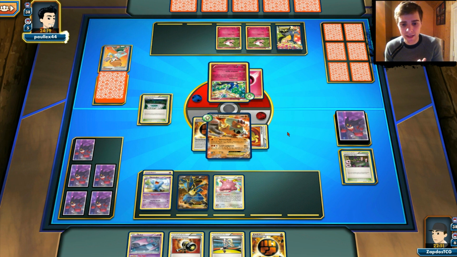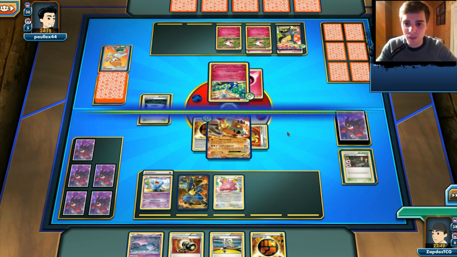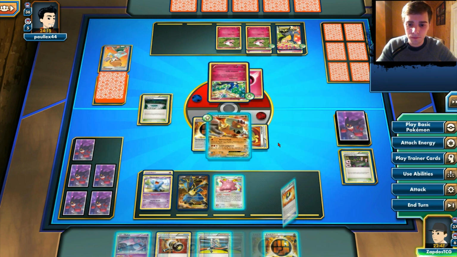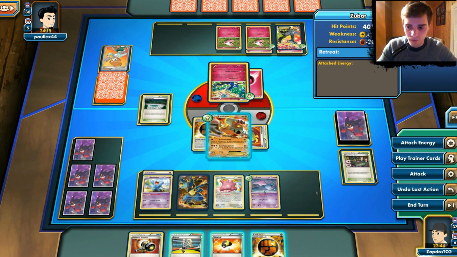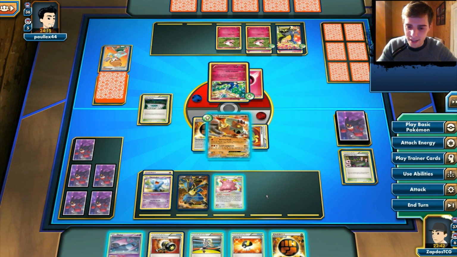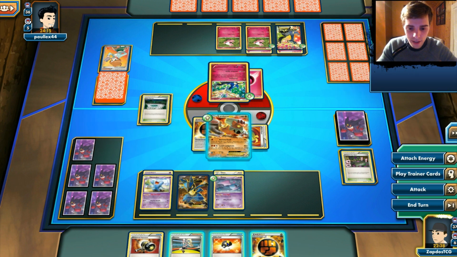We do have our Wobbuffet set up. We only need to attach one energy to that, and then can use the Psychic Assault if my opponent has a lot of damage counters. With Zubat we have a neat combination. Okay, we have one Zubat out, and we're gonna maybe undo the last action. We're gonna use the Transform ability. And then we can use, oh